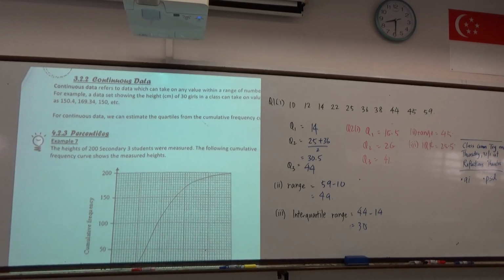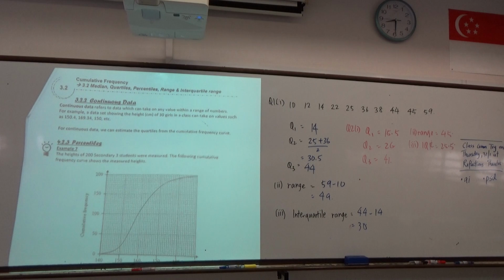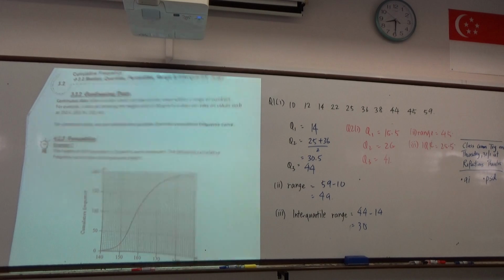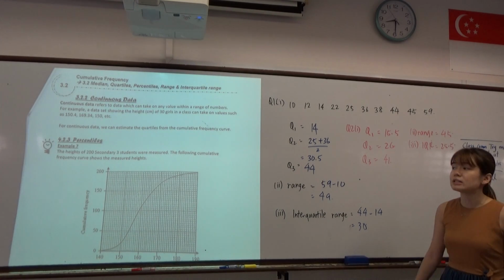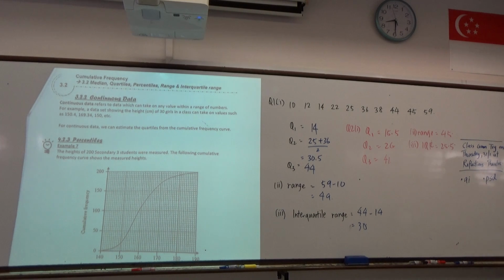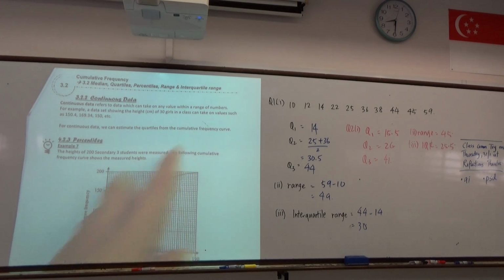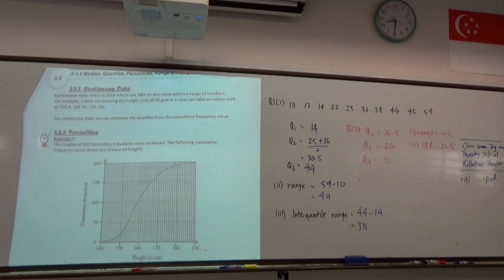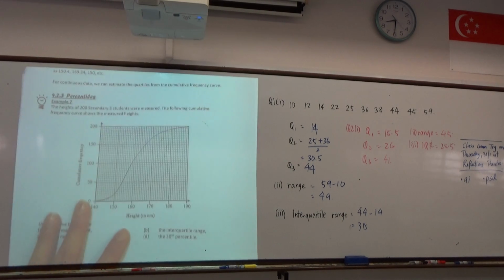Okay, let's look at continuous data now. So how do we actually represent continuous data? Instead of listing them out, for continuous data, as I was mentioning earlier, one example is to get the height of the people in the class. So for continuous data, we can estimate the quartiles from a cumulative frequency curve. We will not be able to know the exact quartile, because we don't put them into a discrete manner. It's not possible, especially if there's a large number and the values are ranging so much. So therefore we will use our cumulative frequency curve to find out what our